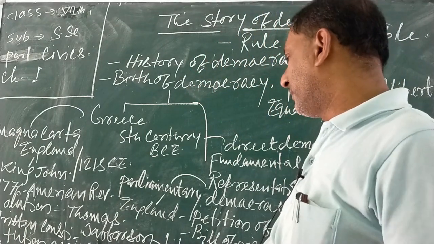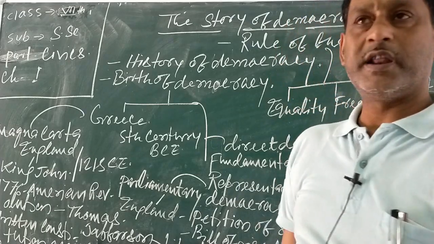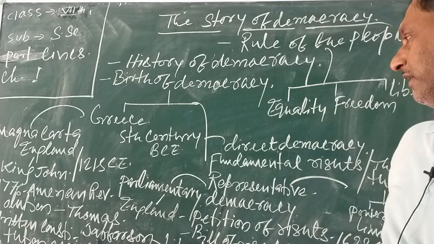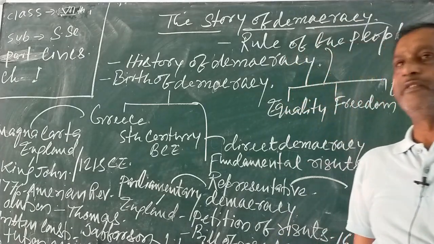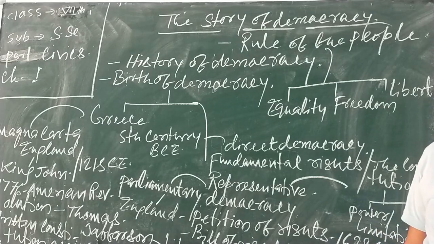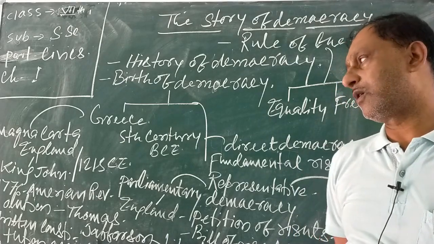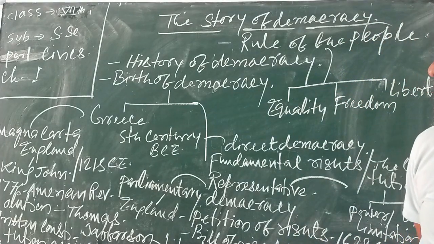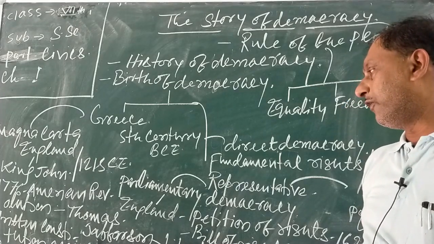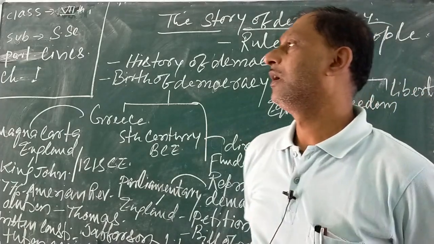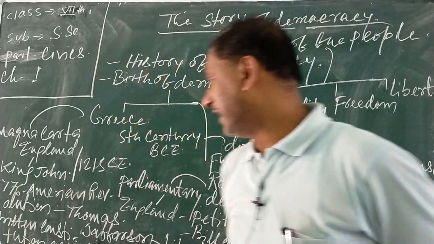The American Revolution also took place, where democracy was introduced by Thomas Jefferson in 1776 through the American Revolution, such as the Boston Tea Party, when the protest against the British or colonial power took place. After that, the American Revolution was carried forward by Thomas Jefferson, which led to the written constitution in the USA.